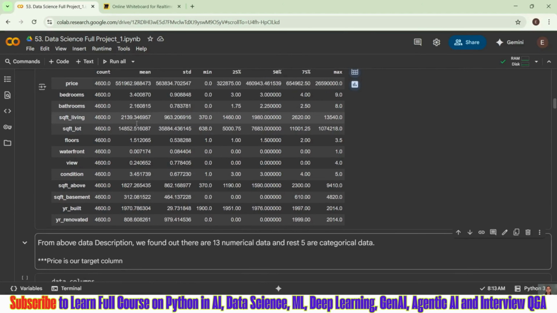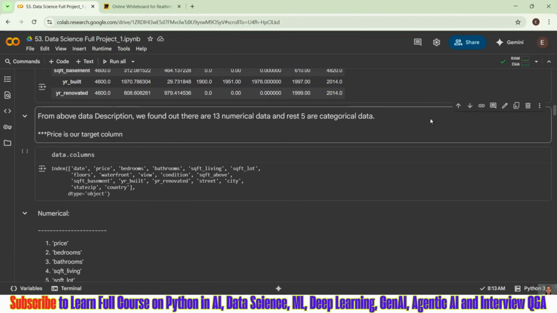I want to predict the house price based on this trend, or this data trend. If I give this particular data as input to my machine, it will predict the next price. If I give another input, is it going to predict the correct price? That is your goal. To achieve that goal, your target is your price column. So that is what I have mentioned here, right?